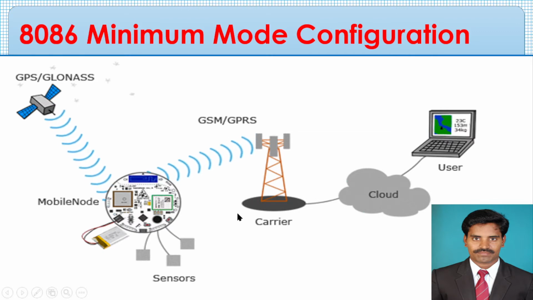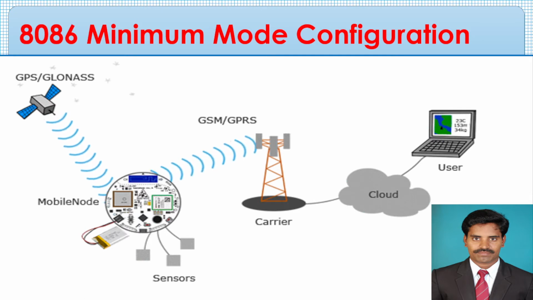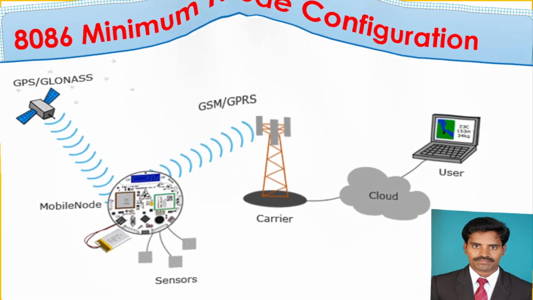Look at this diagram. This is an example of a microprocessor system. We have a processor in a laptop, we have a processor in networking, we have processors in sensor nodes, everywhere. Almost most of the electronic gadgets nowadays have a microprocessor or application. So that's why we are learning the subject. Let's move on to the topics of minimum mode configuration.